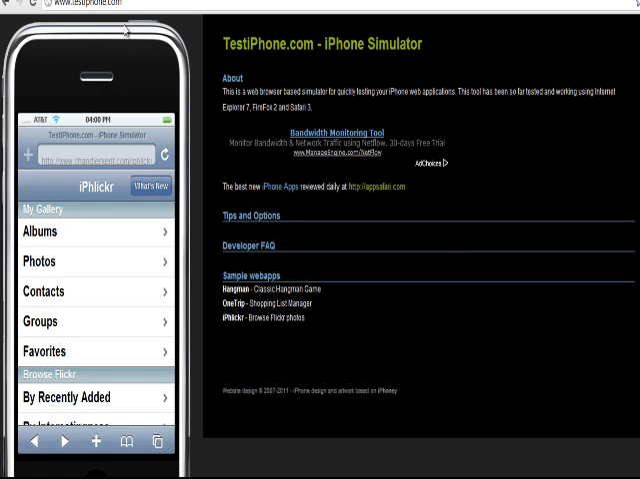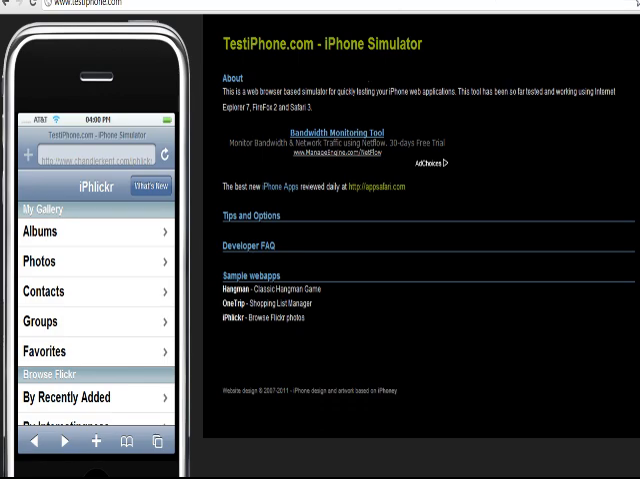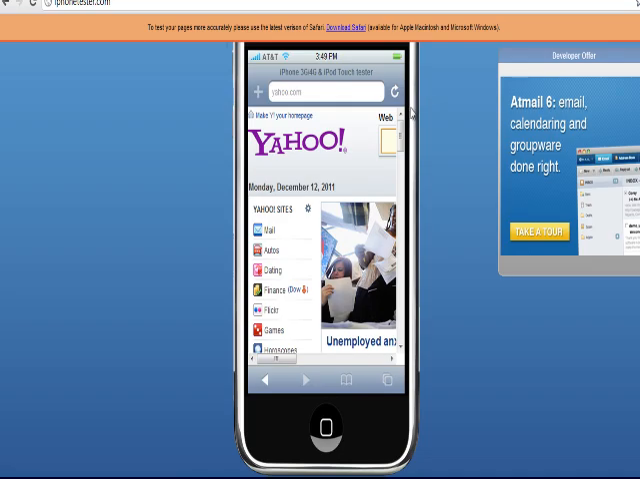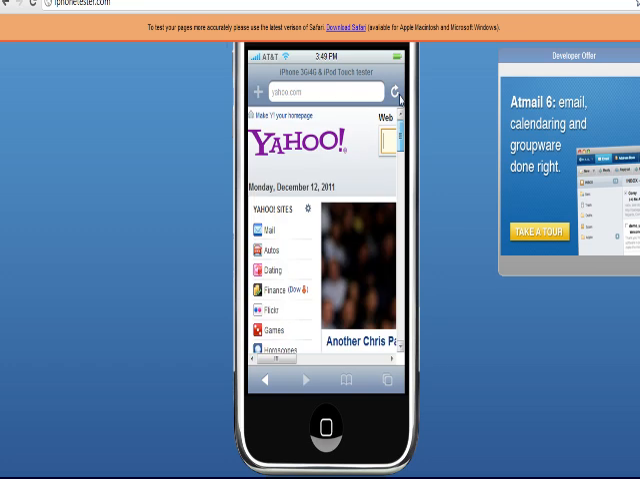Now I'm at testiphone.com, and I can go over here too. I'm just showing you this so that you can see different sites that are available to you. I'm going to go ahead and use the iPhoneTester.com, and as you can see, I've typed in Yahoo.com. Yahoo does have a mobile version, and usually it can detect it. But let's say we'll just put something in, let's say